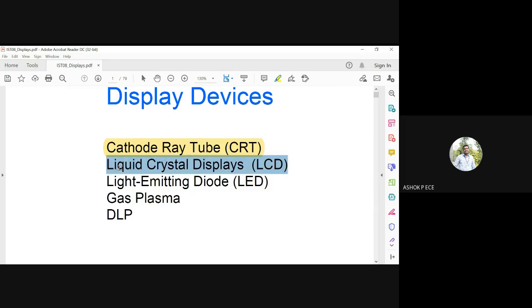Then we have the liquid crystal display, called LCD.